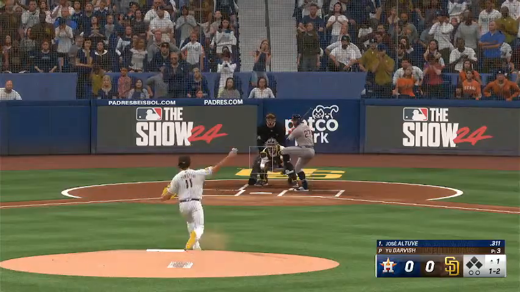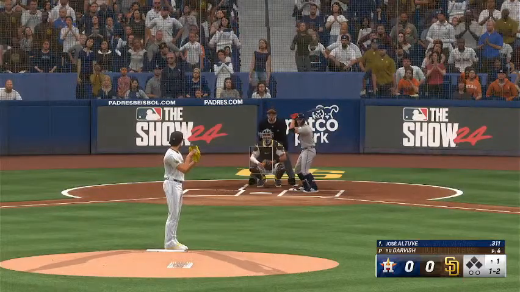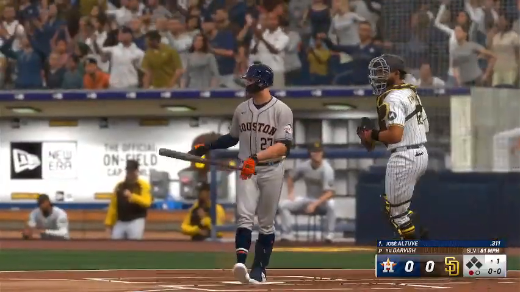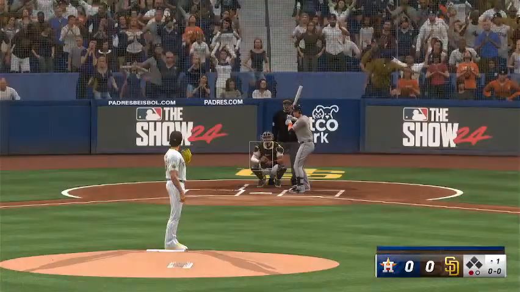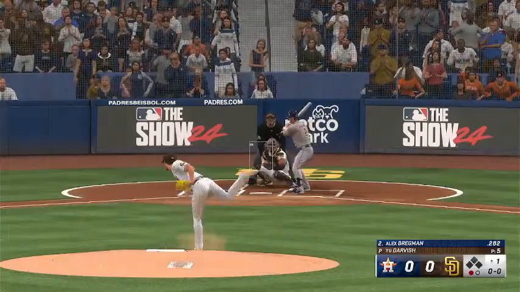1-2 now. Altuve waits. Foul ball left side. He'll see another. And the pitch. And one out. And now it's Alex Bregman. He's really pitching the lefties, however,